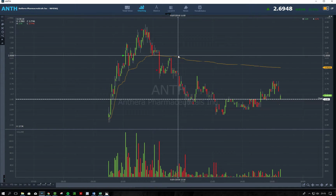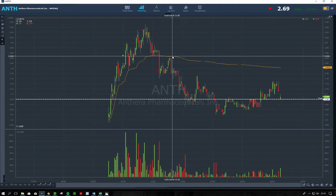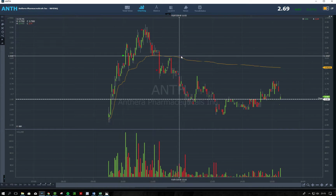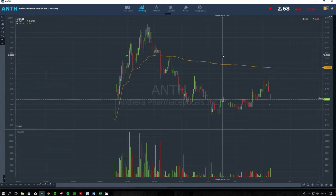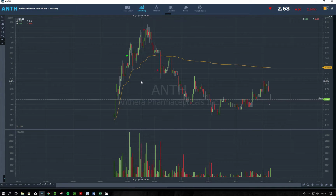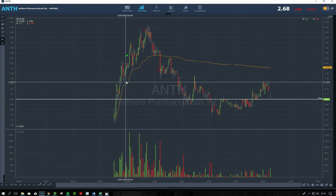But I ended up sticking to my plan, where I decided to make a new plan. So I wanted to see if it could break this former consolidation area. Then I was going to look for a potential rebuy. As you can see, I didn't truly follow my risk plan of cutting it off the first pullback right here,